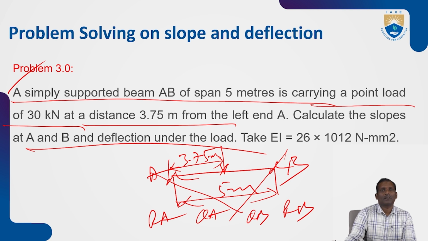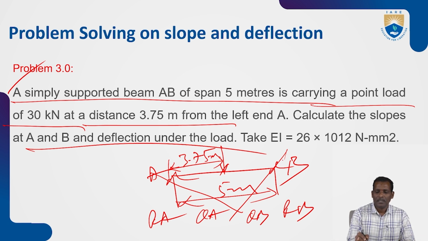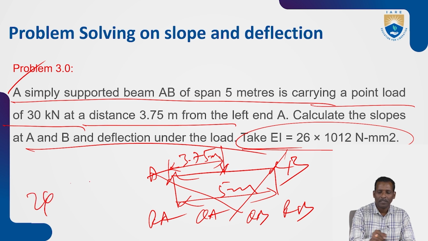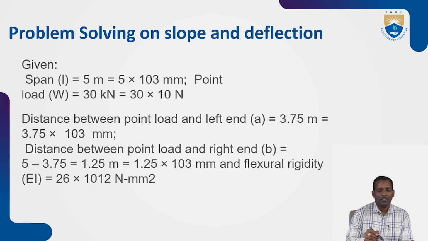So here, two slopes at A and B, and deflections are also asked. So take EI, directly given: EI is equal to 26 into 10 to the power of 12 Newton per mm square. So the given values are